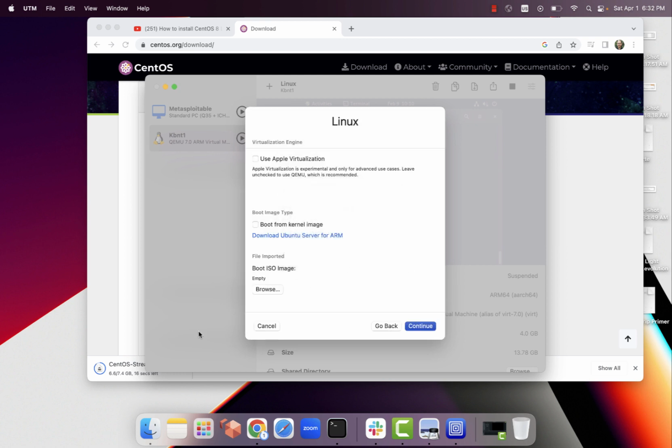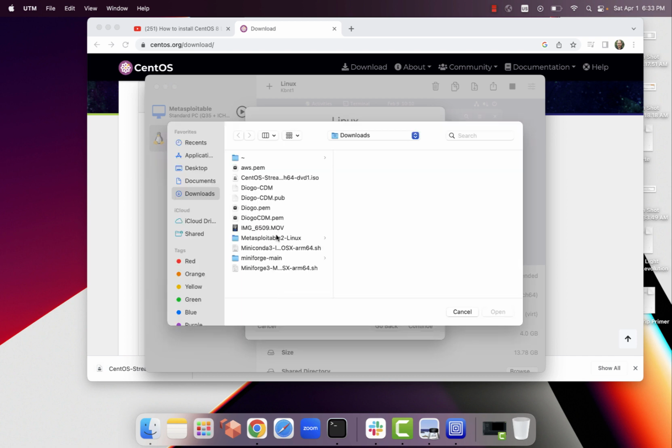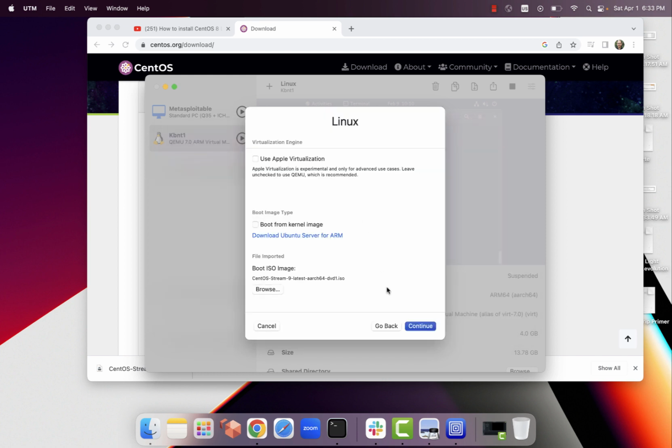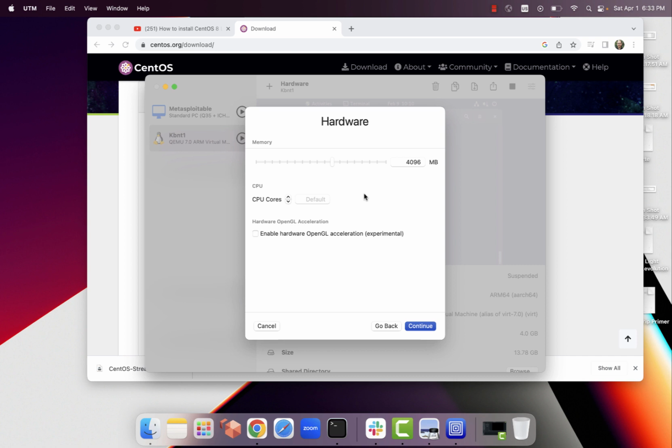So let me just wait for this to conclude here. Since it's almost done, I'll just wait a couple more seconds, and it's done. Okay, so now I select my CentOS Stream 9 latest ARC64 DVD1.iso. I click on Open, I continue, and then you want to determine how much RAM you want to assign